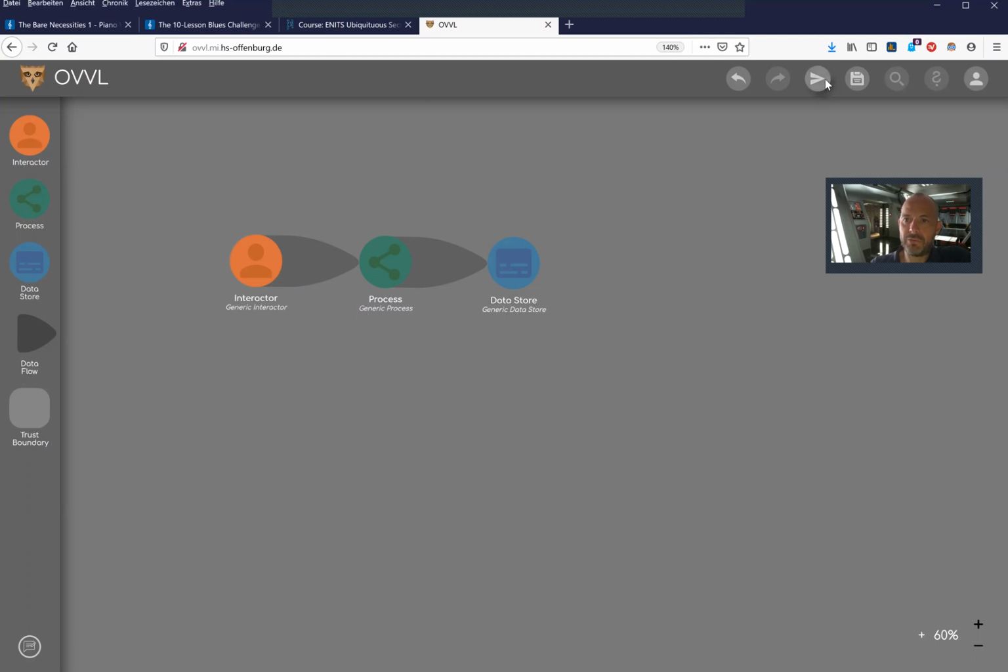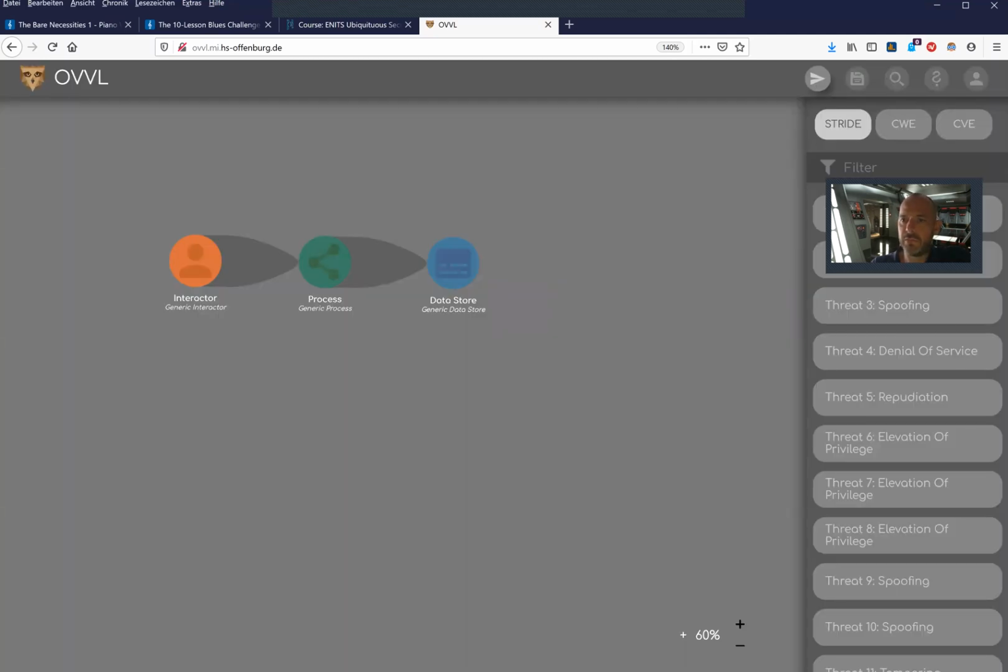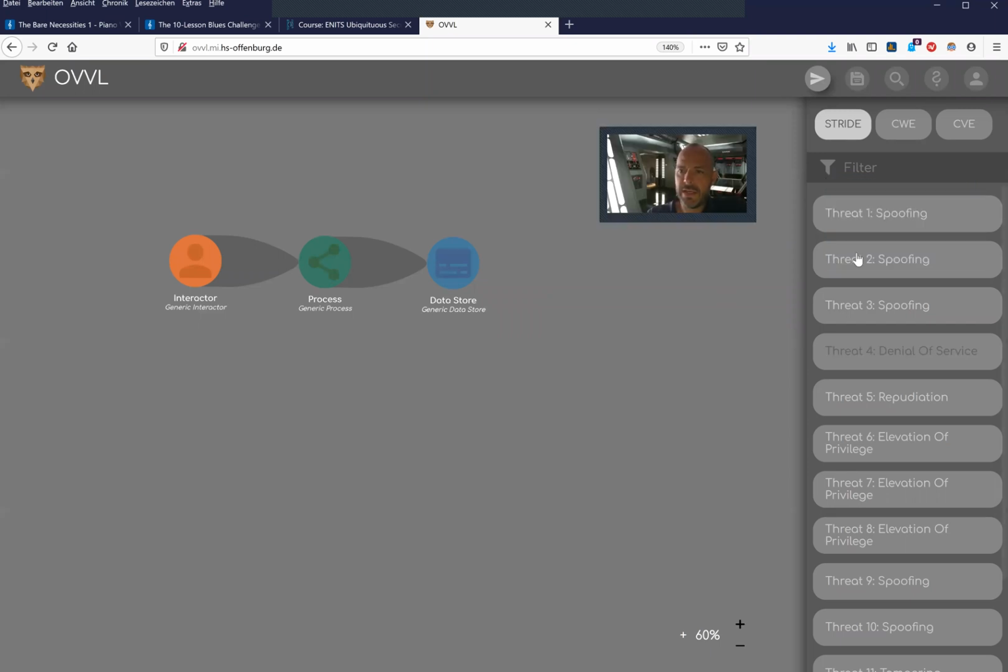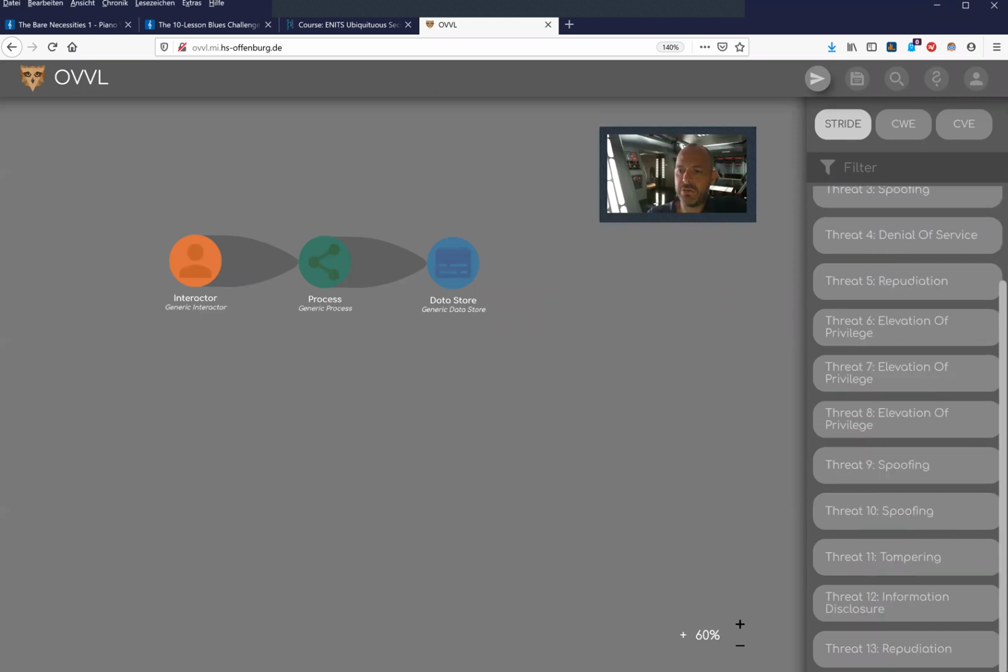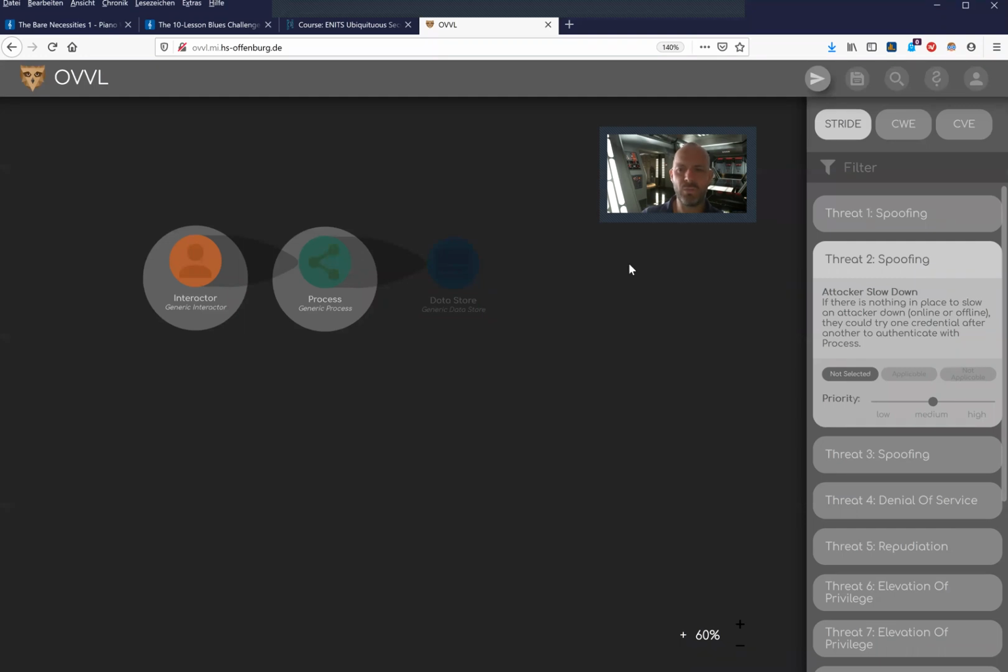And if I push this button here, I get an analysis. And what you can see here is the following. It will list you a huge number of threats. This is basically just exercising this mapping table STRIDE against the data flow diagram elements. And you can click on one and it will show you, well,